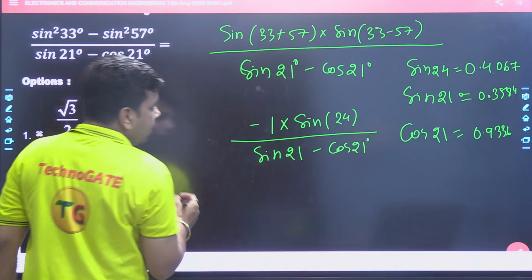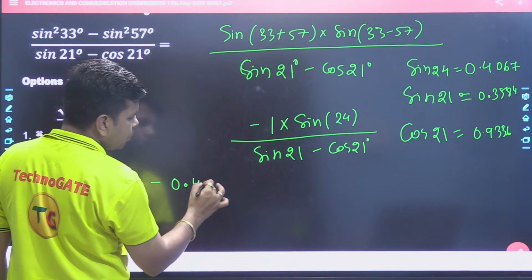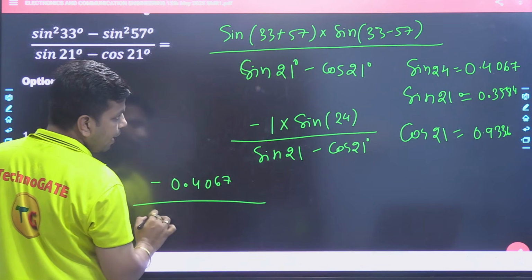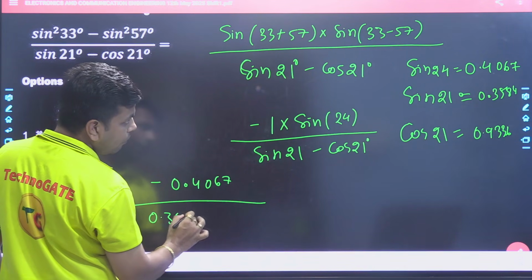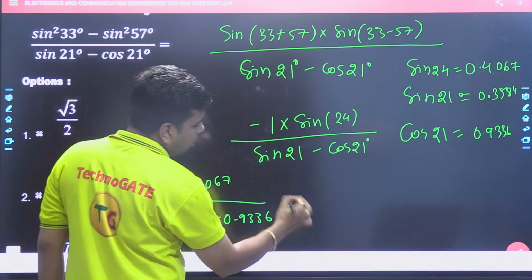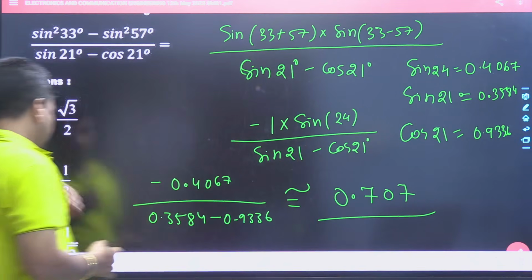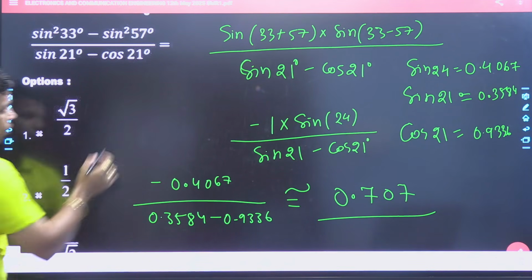Put those values here. So 0.4067 divided by 0.3584 minus 0.9336. On solving this, it is approximately 0.707,